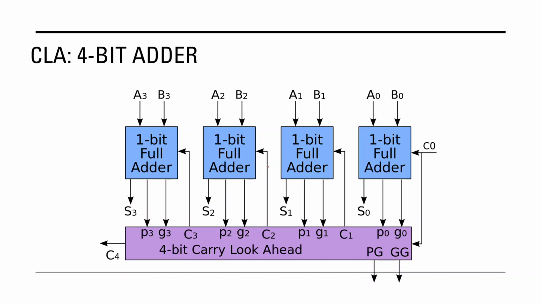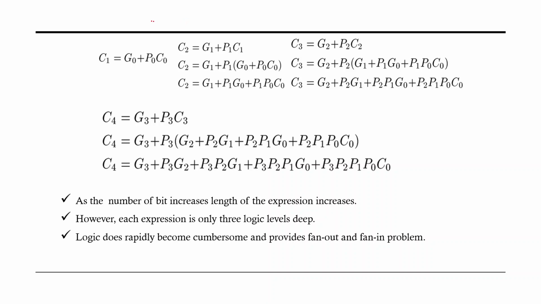For the 4-bit carry look-ahead adder, we know the general formula: C(i+1) is equal to Gi plus Pi dot Ci. We know this. For the second stage, for example, when i is equal to 0, we get C1, because 0 plus 1. C1 is equal to G0 plus P0 C0, where G depends on A and B, and P depends on A and B, the inputs. Likewise, for i is equal to 1, the second bit inputs,